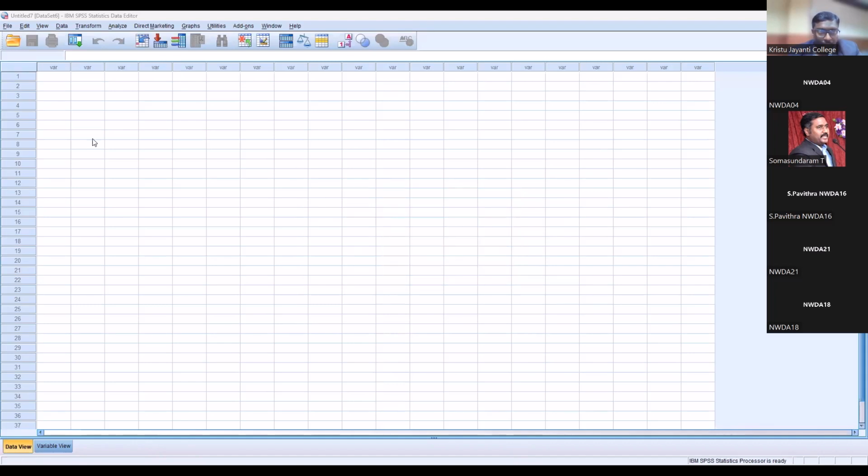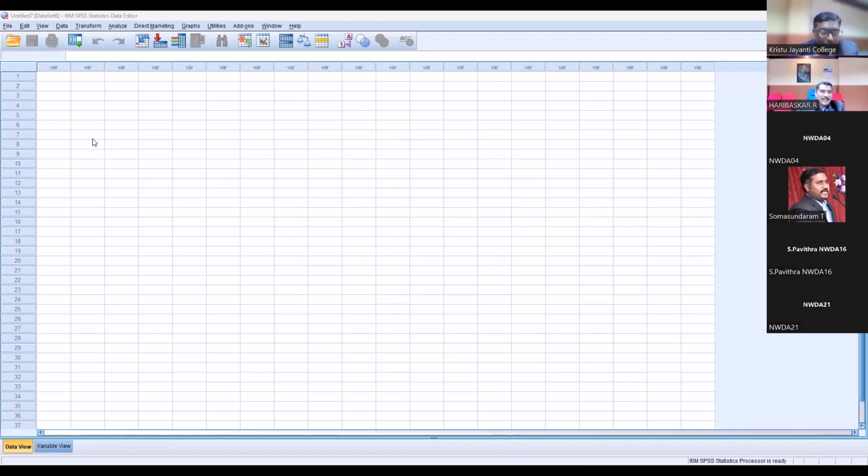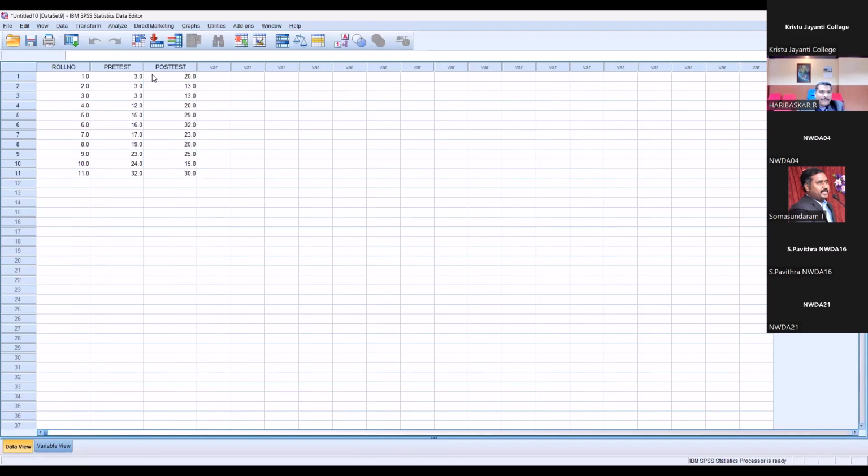And here we'll go to the data view. Here 11 students are taken, their roll numbers are given, their marks before the test, before the training, and their marks after the training are taken. Just a minute, I'll share the screen. Is it visible, sir? So in the SPSS data view, there are 11 students, with their marks before the training and after the training, before the coaching and after the coaching. Okay. So now